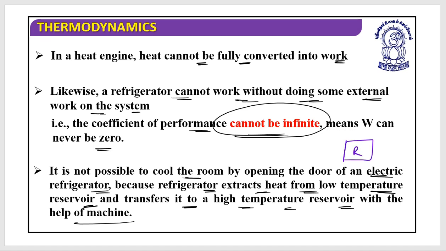This is the refrigerator, and this is the surrounding of the refrigerator. When you open the door of the refrigerator, the heat energy, basically this is at room temperature. Let's say it's 300 Kelvin. I have assumed it's 27 degrees Celsius. And let's say this is at 0 degrees Celsius, then that means it is at 273 K, let's suppose.